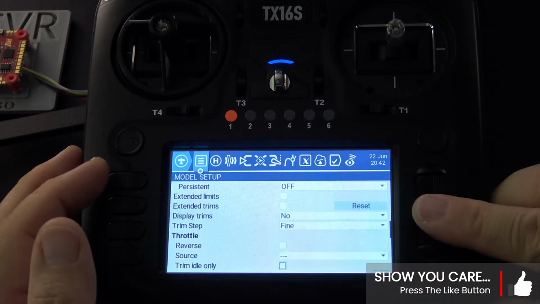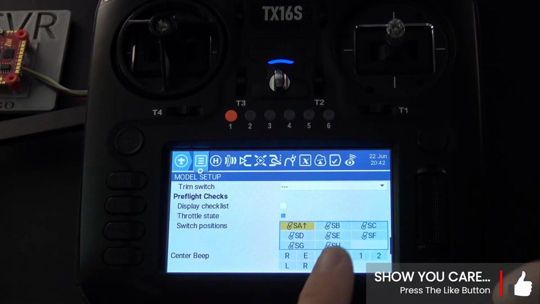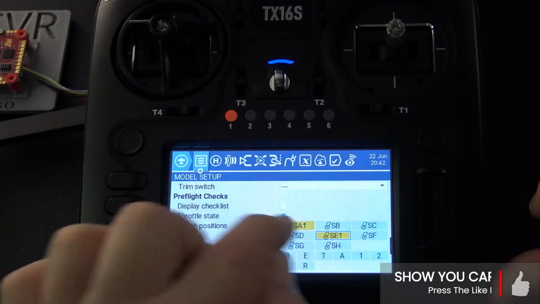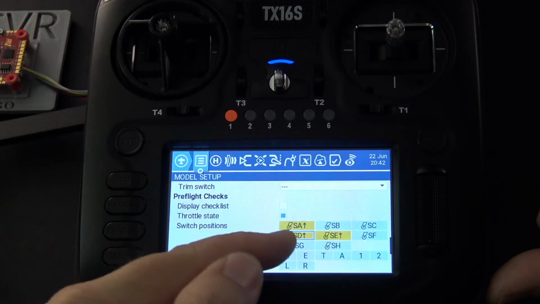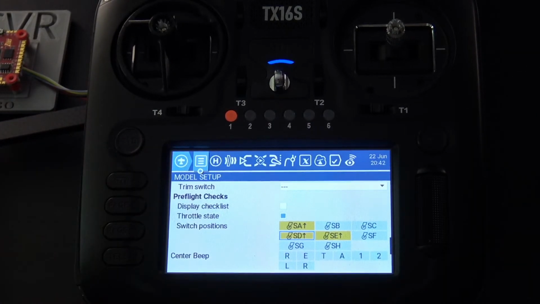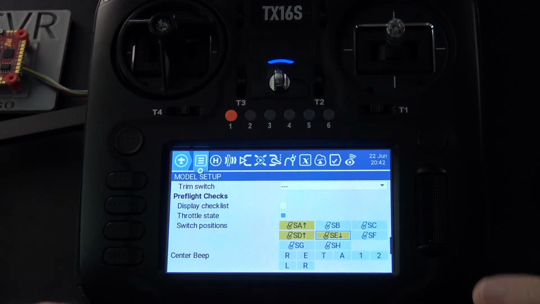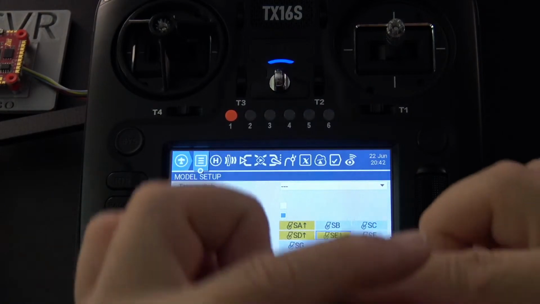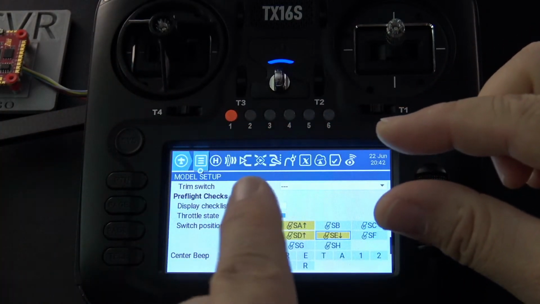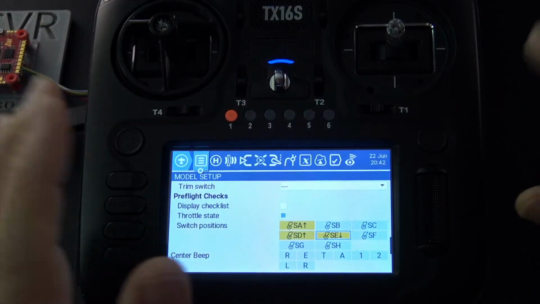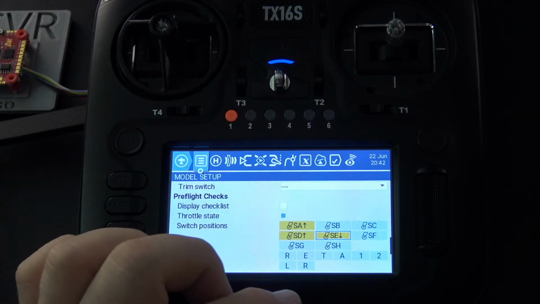Switch state was another one. So like here, if you go down to the bottom, you see how this little group of switches is highlighted. So remember what we were talking about earlier with active and inactive. I can tell instantly by looking at that SA needs to be up, SD needs to be up, SE needs to be up. If they're not, I'm going to get a warning. And then if I click them again, SE is middle and then SE is down. And if I click off of that field, I can tell instantly by looking that I have 3 switches that are being monitored. That's such an improvement over prior, which was a small row of text, and you're looking going, what is that? Is that up, down? What is it? So very, very cool little upgrade there.